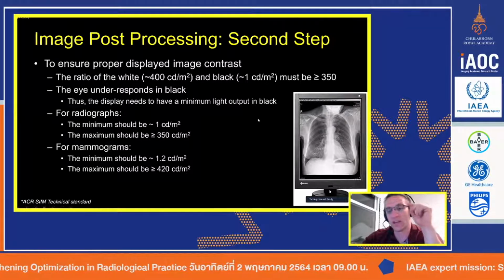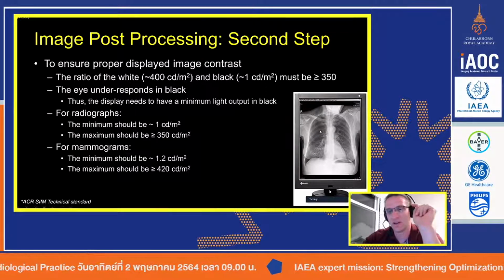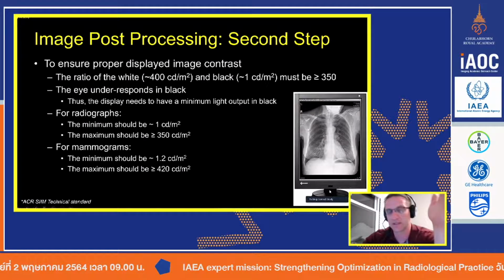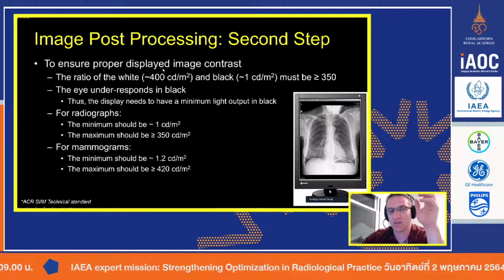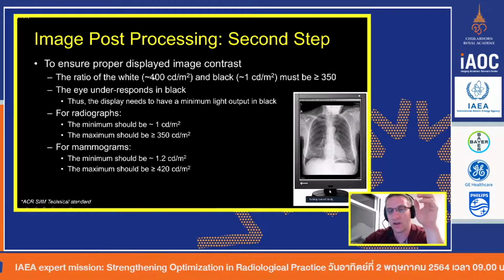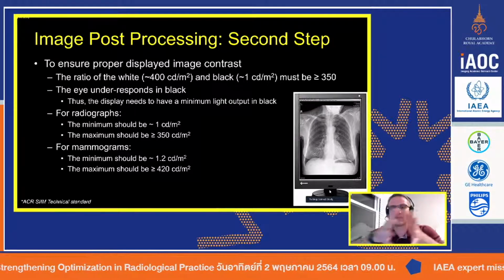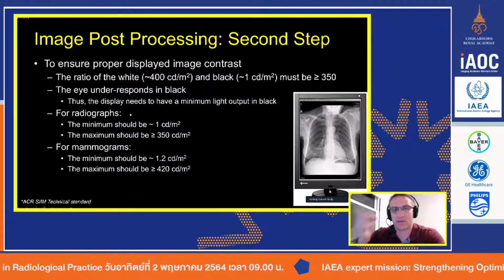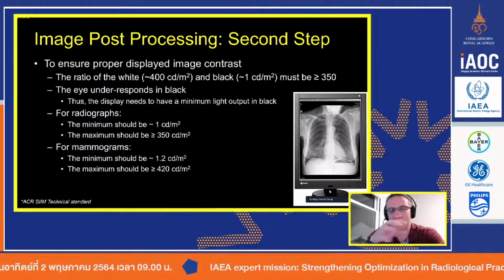One, so the image itself will present with the greatest contrast. You want to be able to see the blackest blacks and the whitest whites and all the grayscale between. If you also set this number too high, let's say you go to 600, well, you're not increasing the number of grayscales you can see, you're just extending it out. And the adverse, or the biggest setback to all that, is 600 candelas per meter squared is like staring at